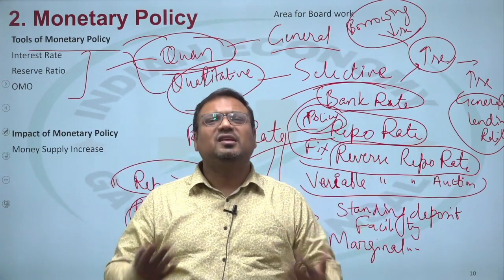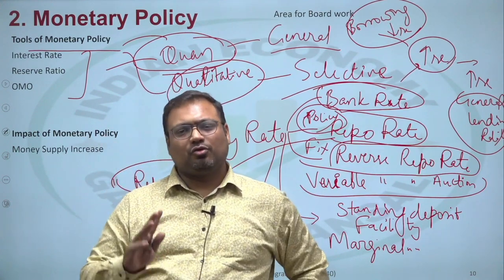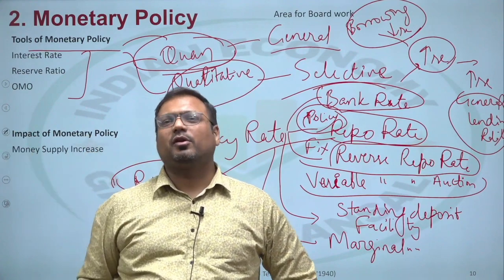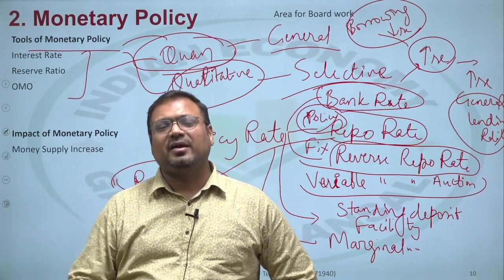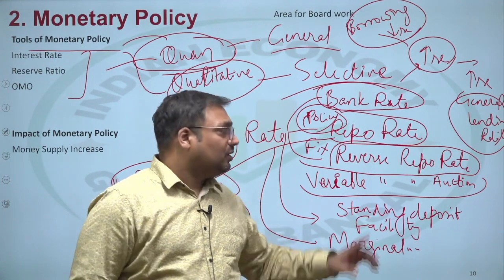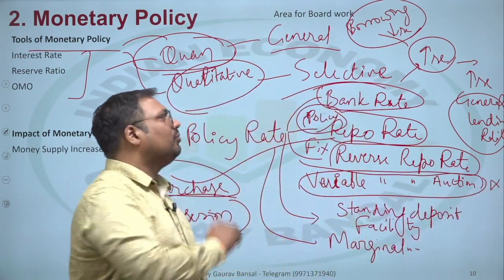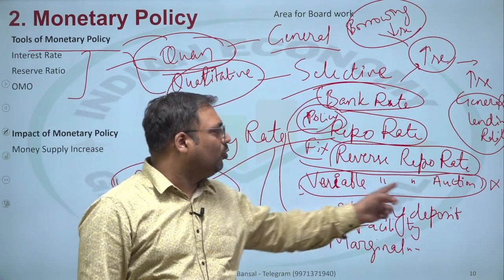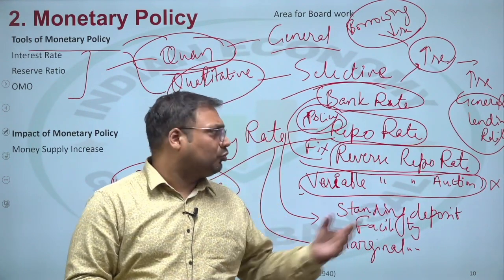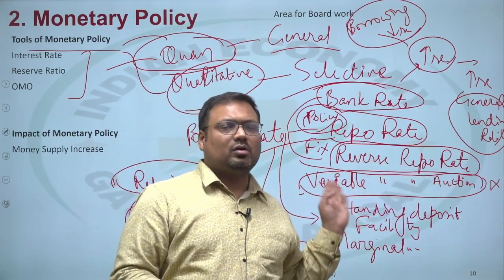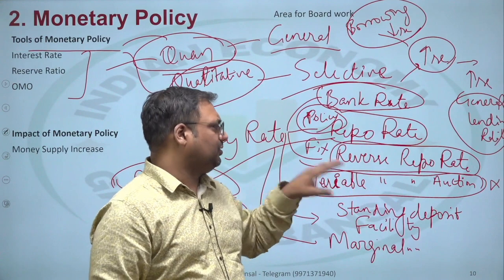I will explain these more in current affairs also, but very briefly, there are two types of repo auction. One is on the basis of the rate defined in the monetary policy, that is the fixed rate. So any bank can sell anytime or buy anytime accordingly. But there are some special auctions also, so there is no fixed rate here. This is not a policy rate actually, because it is nowhere mentioned. This is decided on the basis of auction. So there is no fixed rate here. All of these are fixed for the quarter, but this is not.